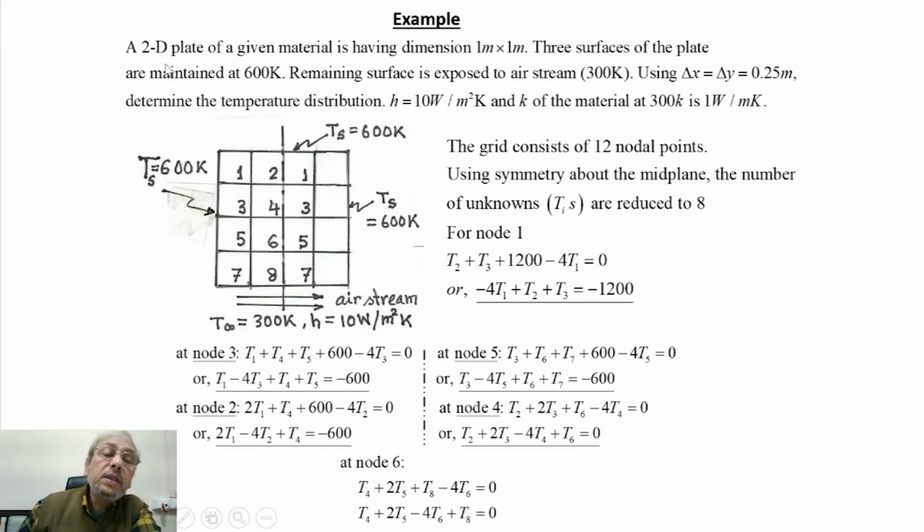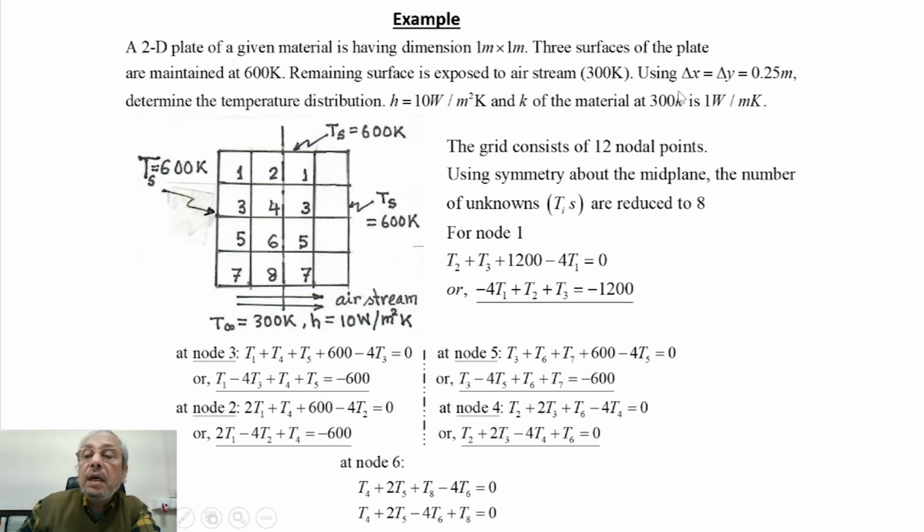Now let us quickly solve an example for whatever we have discussed so far. A 2D plate of a given material has 1 meter by 1 meter dimensions. Three surfaces of the plate are maintained at 600 K, this surface at 600, this surface at 600, this surface at 600 K. The remaining surface is exposed to an airstream at 300 K. Using Δx equal to Δy equal to 0.25 meter, determine the internal temperature distribution. h equals 10 watt per meter square Kelvin, and K of the material is 300,